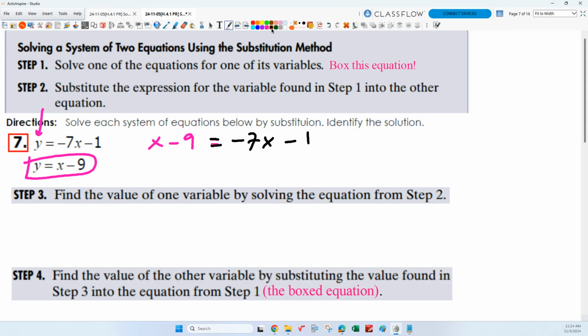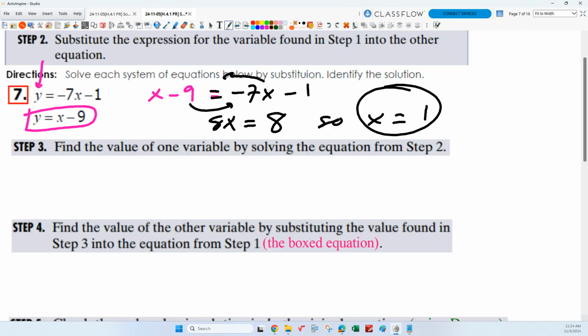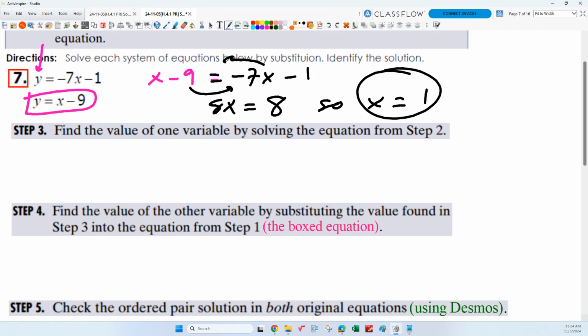And then now that's easy to solve, right? We'll just push the x's to the left, push the constants to the right, and I'm going to get, what, 8x equals, if I add 9 to both sides, 8x equals 8. So what's x equal? 1. There you go. Okay, so then we solve for one of the variables. Now the next step is we've got to go find the other one, right? So step 4,